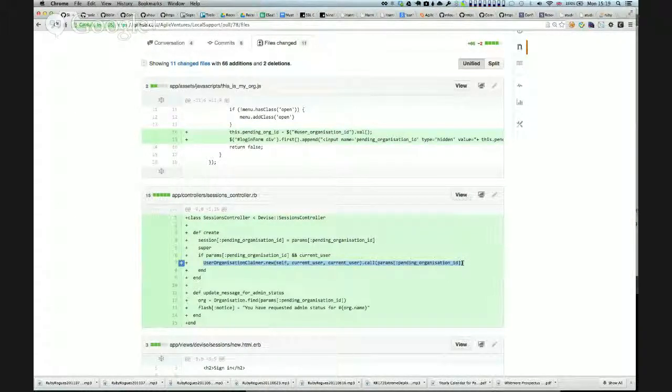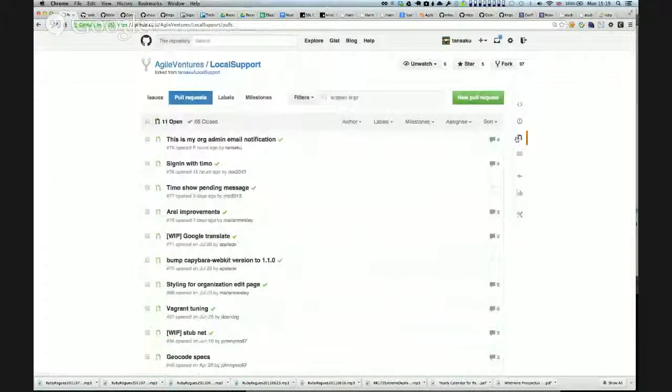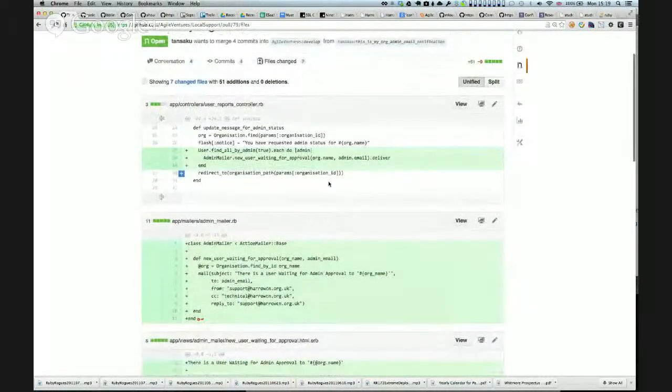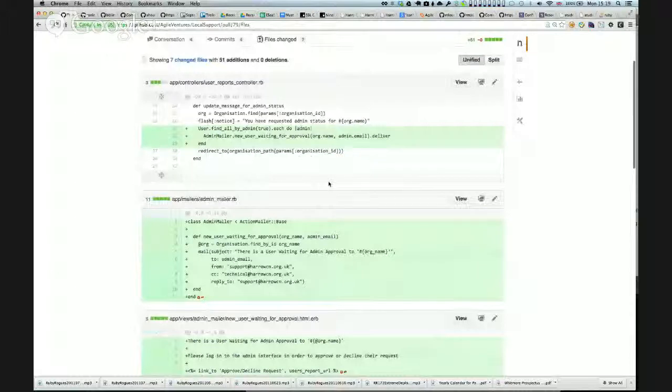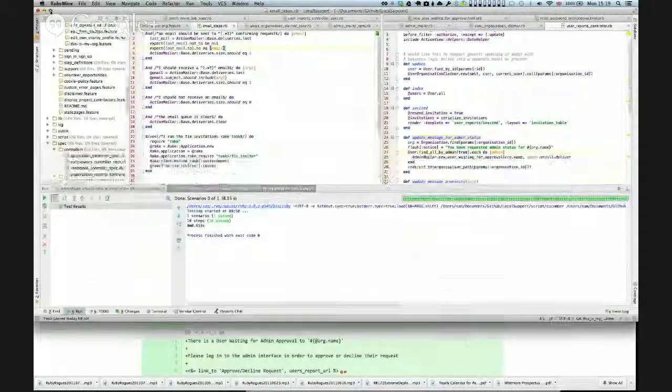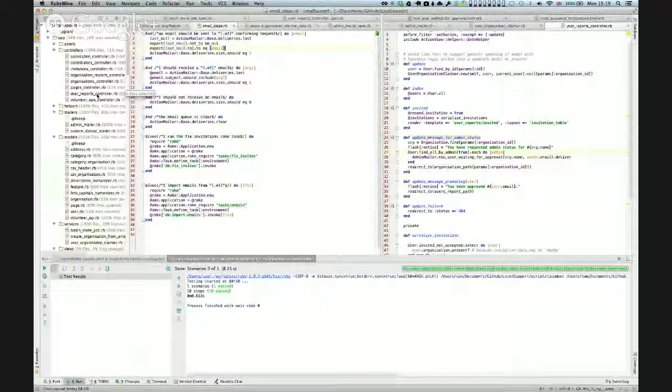I think you changed it on the claimer. Did you change it on the claimer? No. I mean, you changed it on the user reports, didn't you? Right, but the claimer calls back to the user reports. Right. So in my situation, it calls back to the sessions controller. I quickly before this meeting tried to have it call back to the user reports. Do we have a sessions controller? That's a new thing.